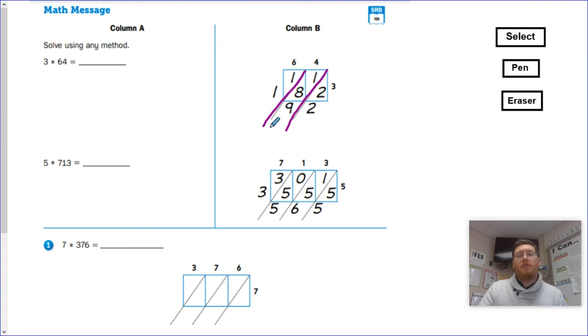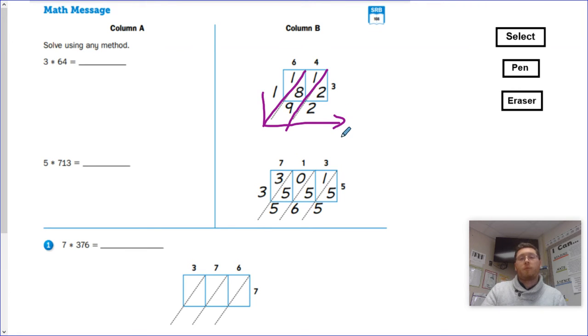Now, in between these two lines, I have to add up everything in here. So I have 8 plus 1. That equals 9. My answer is 9 for this part, so I put a 9 here. And then finally, anything on this side of the line would be 1. I would add up everything in my triangle or boxes on this side. So it would be 1. So my answer is